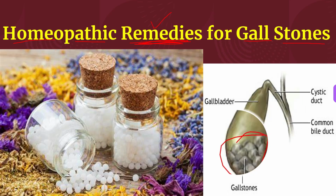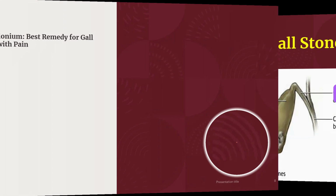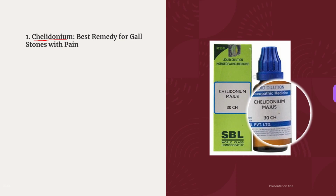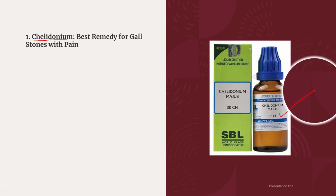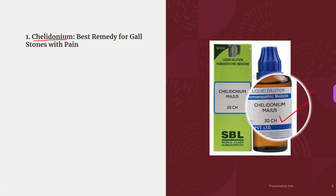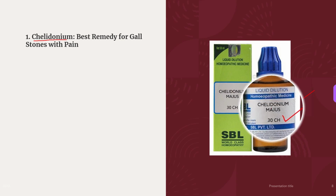So first and foremost, the medicine that you can see here on the screen is Chelidonium. This is the best remedy for gallstones with pain. This medicine offers the best treatment for the pain due to gallstones and jaundice. When there is obstruction of the bile duct, the most important symptom for using Chelidonium is pain under the right